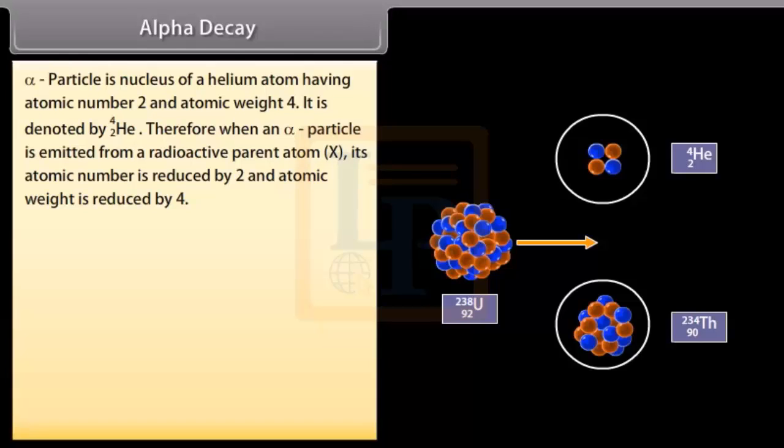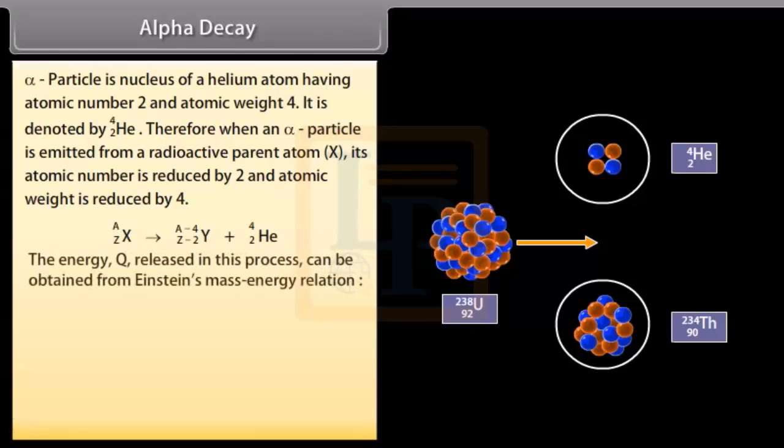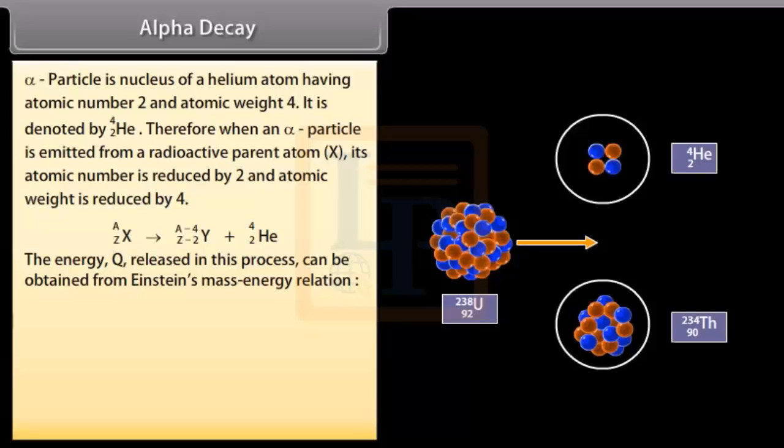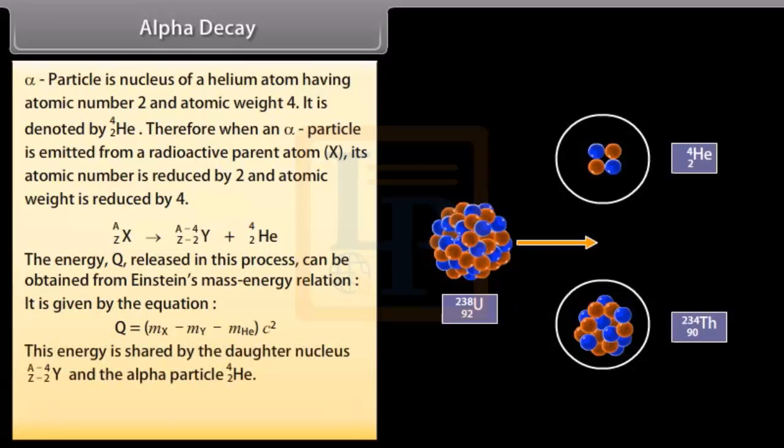It can be demonstrated as follows. The energy Q released in this process can be obtained from Einstein's mass-energy relation. It is given by the equation Q is equal to (mX minus mY minus mHe) into c squared. This energy is shared by the daughter nucleus and the alpha particle. For example,